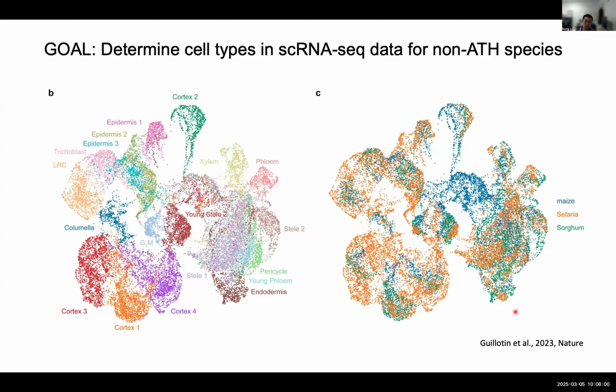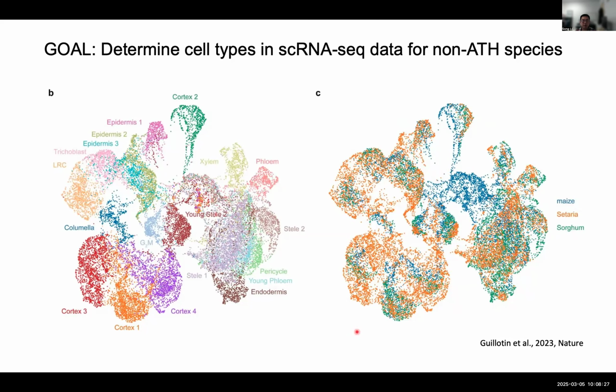What you're looking for here in general is that the different dots represent different cells, and different colors represent different species. You want to see the dots from different species mixed well in each of these separate clusters from all 3 species. In this case, you do see that, except for a little bit of outlier from maize in the middle. And the reason this integration works